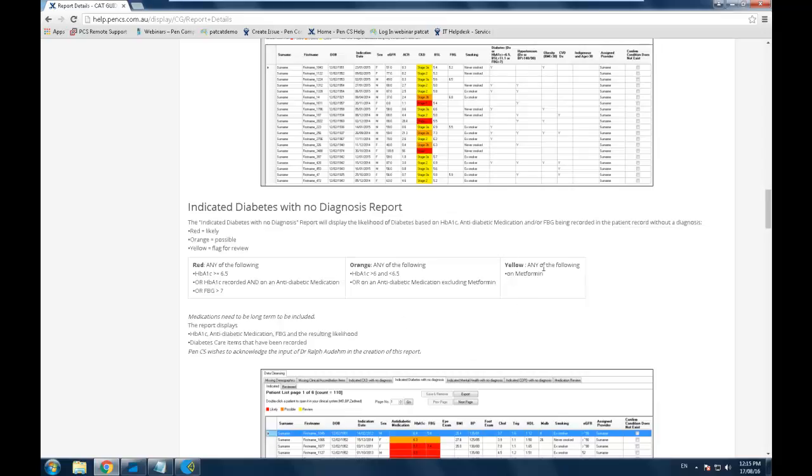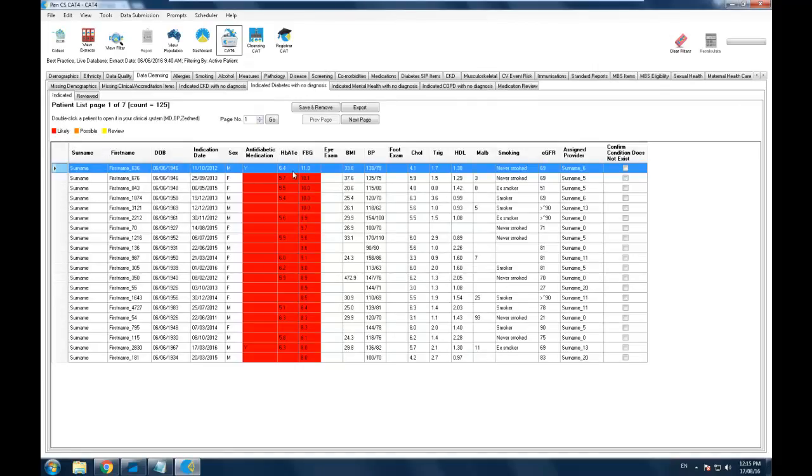So if someone is taking metformin, but no other of the HbA1c or the fasting blood glucose is in place, then they will get a yellow color. If the HbA1c is between 6 and less than 6.5, or they're taking metformin, then we get an orange there and the red as well. So that's basically what's underlying the